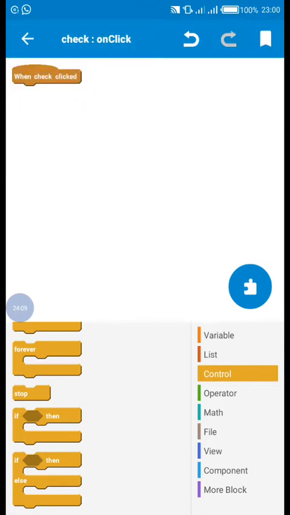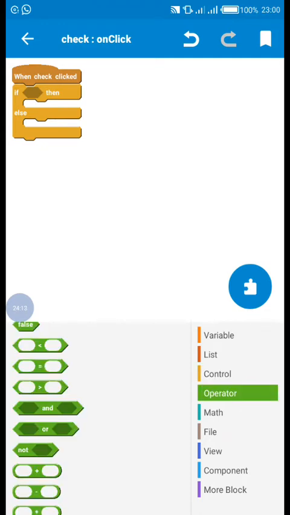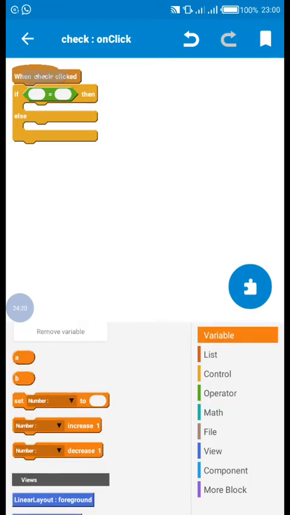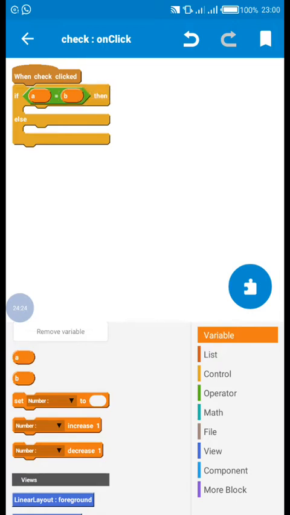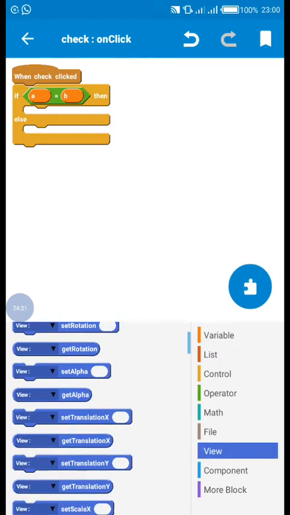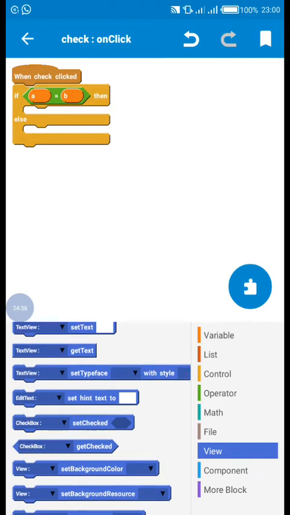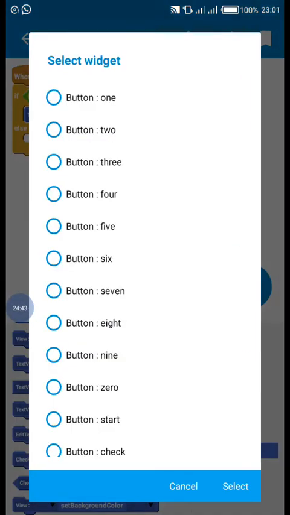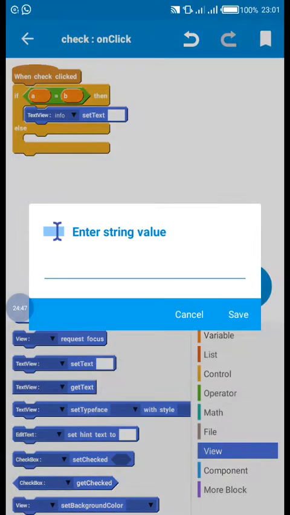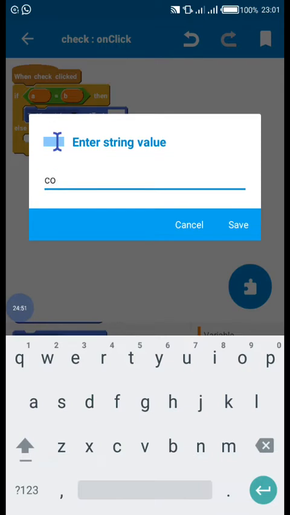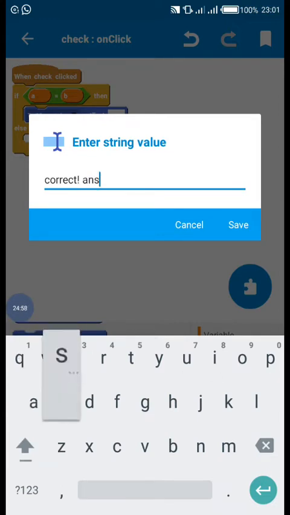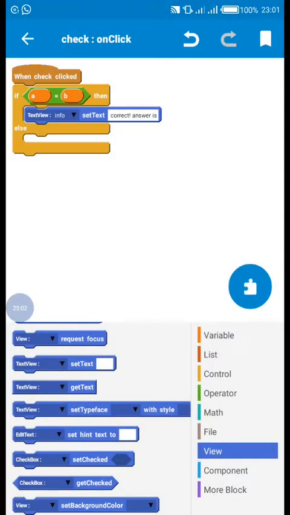If variable A equals variable B, then it should say correct. Info should say correct. The answer is